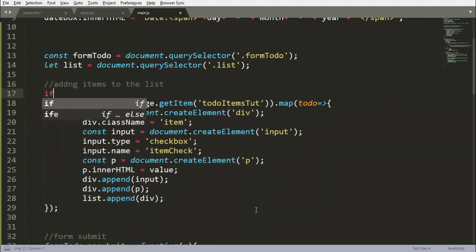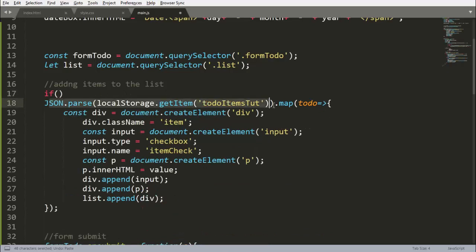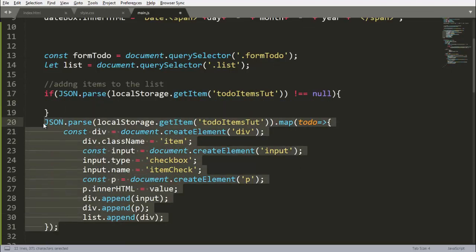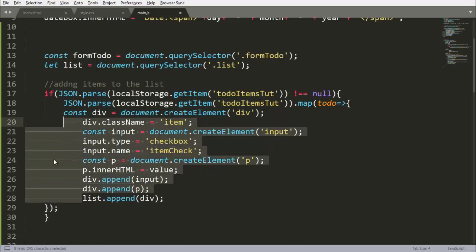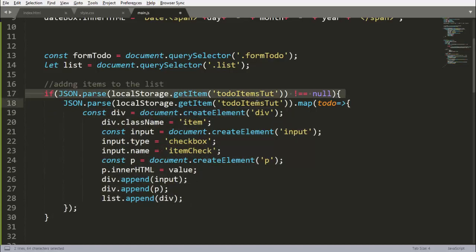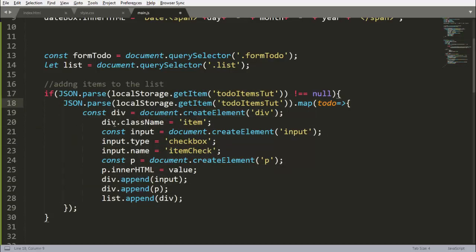So we want if json.parse this local storage is not equals to null. If this is not equals to null, means if there is any item present in local storage of to do item store, then we will run this if condition. Otherwise we will not run this if condition here.